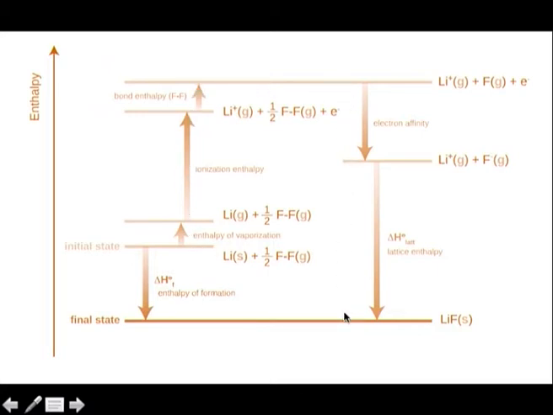That is what I just discussed, the 5 steps involved in getting the crystal of lithium fluoride from lithium and fluorine. And the law states that the enthalpy change, being a state function, demands that whether I take this one step or go through all these 5 steps, since my initial and final states are the same, this should be equal to the sum of all these. That is the basic premise of this law, and that is what we make use of. We have this number, and out of the 5 we have 4 numbers. So, we add these and equate with this number and try to work out what we do not know.